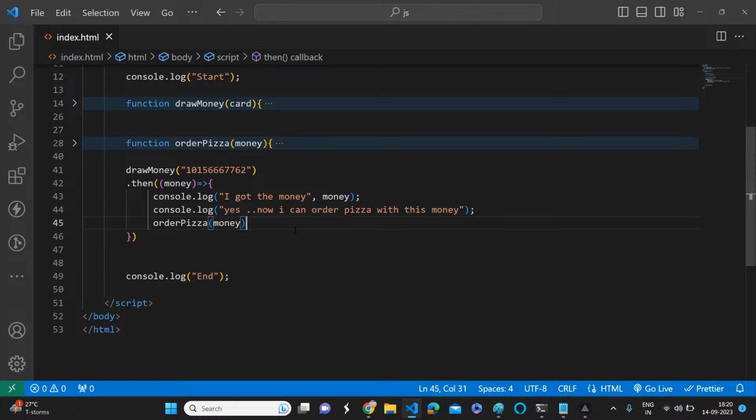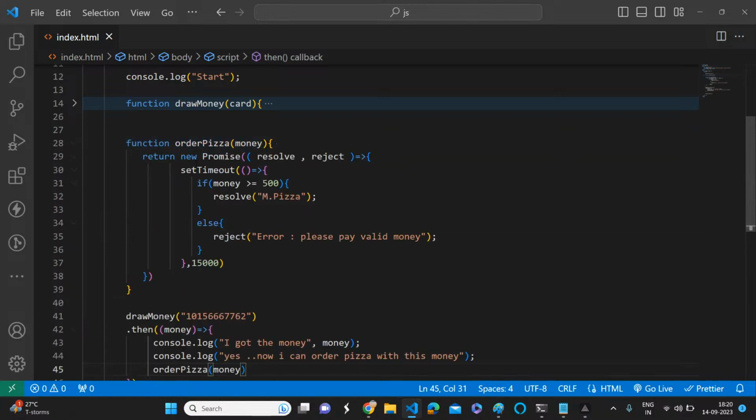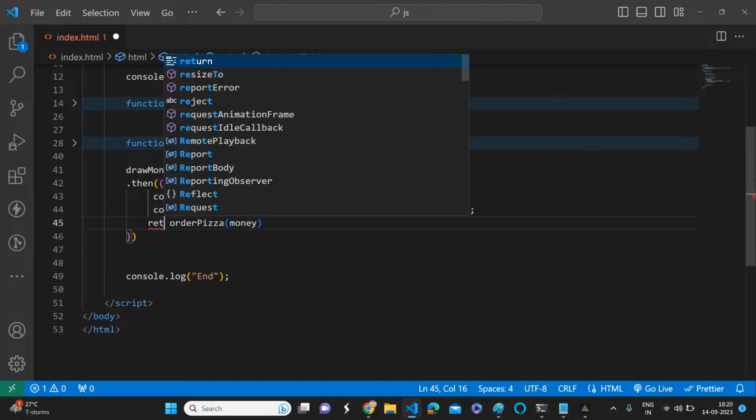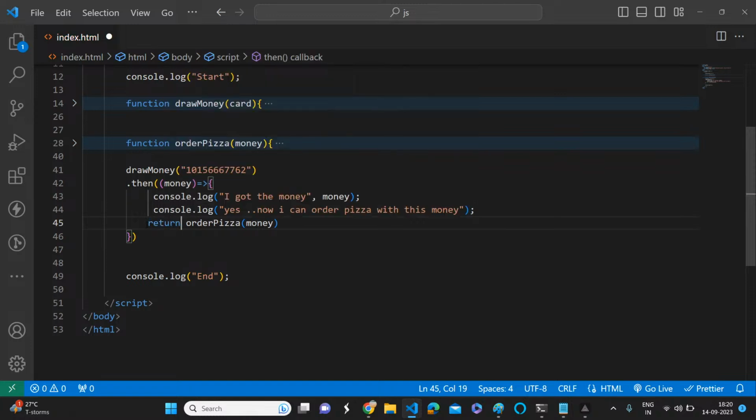So this order pizza also returns what? A promise. If it is returning a promise, our responsibility is to return it back so that another person can invoke it, right? So we should not forget to return the promise. If it is returning a message, you can return that message. If it is returning a promise, we should return the promise.